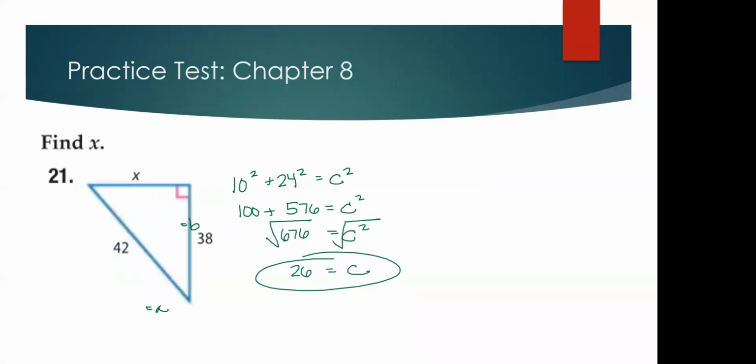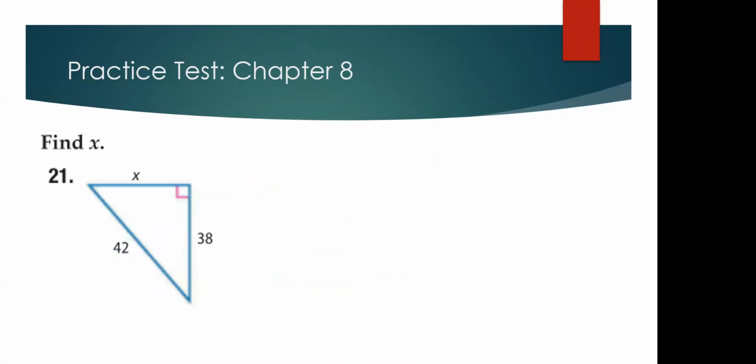All right, next problem. Now here, remember here is C right here. Now we are given C. We can call this A and we can call this B, or either way. We could have called this B and this A, whatever you prefer. Okay, so we have A squared plus B squared equals C squared. Okay, so we end up with